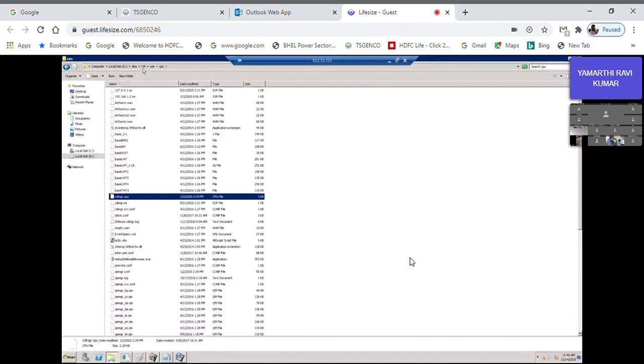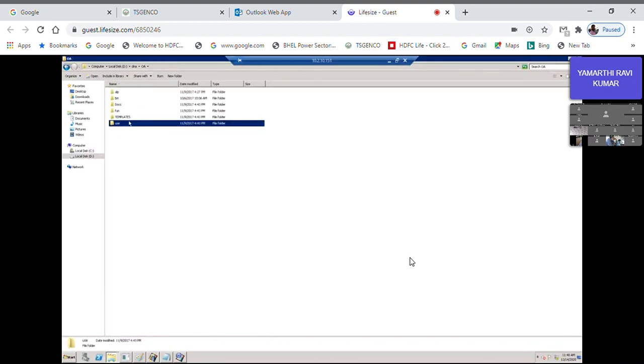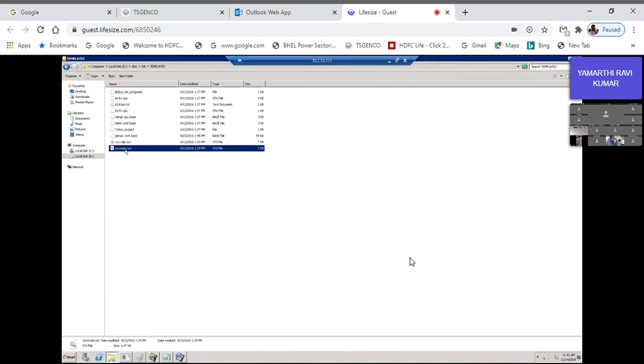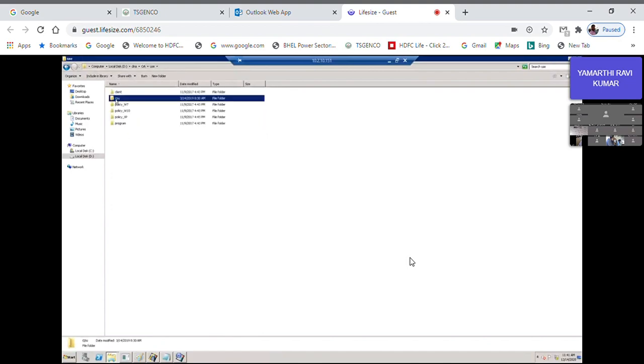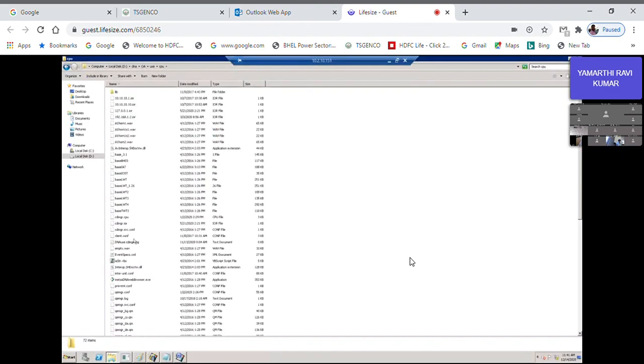So how do we do that? If you're setting up a client or a new node, go to templates. You can take the CDMGR and QEMGR conf files. These two are the files which are required for the operator station. So copy these two files under use CPU. The moment you copy the files, rename them to cdmgr.cpu and qemgr.conf. So these are the two files which drive your operator